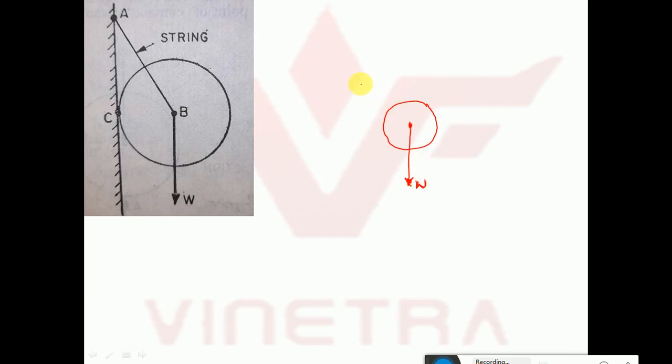Now a string is tied. What I will do is cut the string here. So see here, this string is pulling this ball in the upward direction. The string is holding back this ball so that the ball should not fall down. That the ball hasn't fallen down means the string is holding it in this direction. So I will show that force in this direction, and I will write it as Fs. Because of the string, the force is developed. So the force developed in the string, I am writing as Fs.